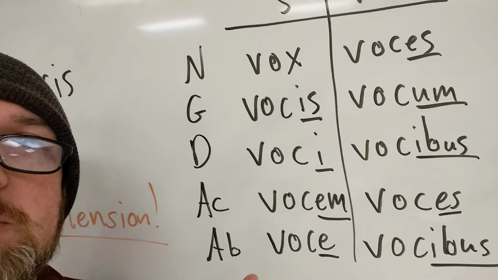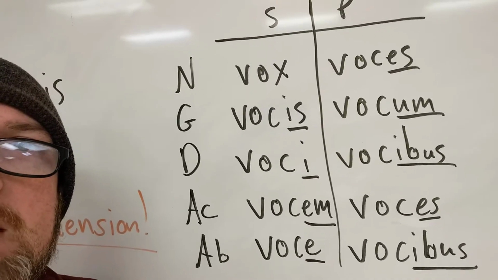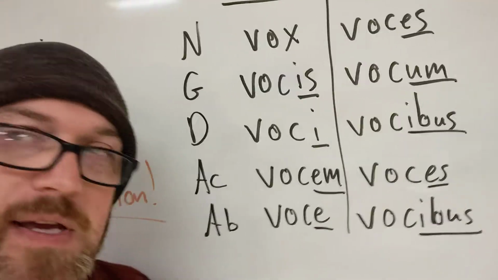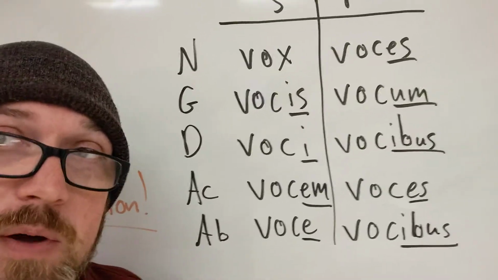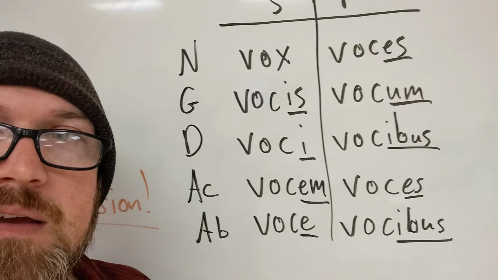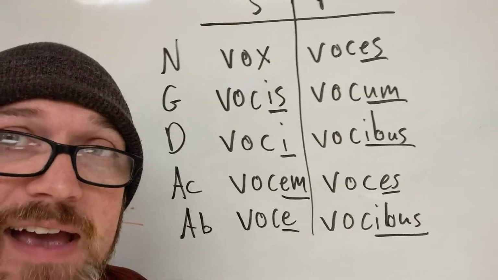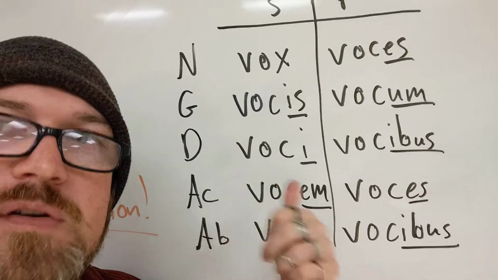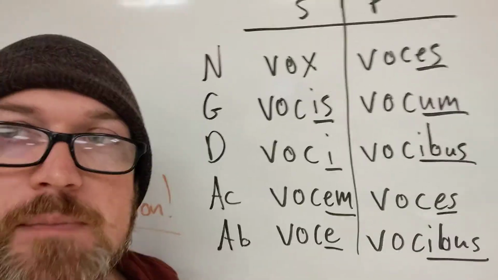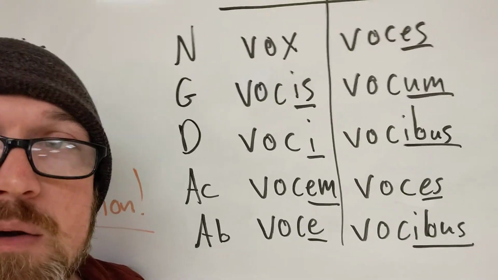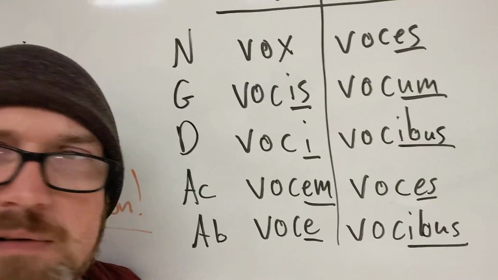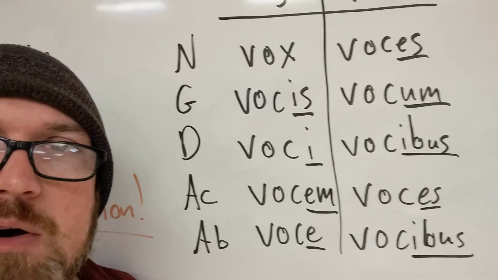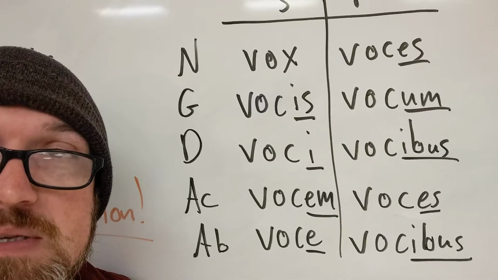And what's convenient about this particular word is that it means voice. And if you know anything about the word voice, you know that we actually derive a lot of words in English from it. And every single one of those words we derive in English from it has a C in it and not an X. And the reason is because the actual stem of this is vox, V-O-C. So when you describe something as having to do with the voice, you use the word vocal. You don't say voxel, you say vocal, right? And other similar words all have VOC because VOC is the stem.